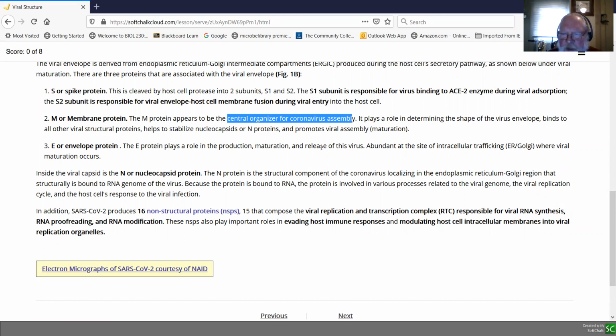And this is especially common where maturation of the virus is going to occur, again, as we'll see when we get to viral maturation shortly. So those are three structural proteins associated with the envelope of the virus: the spike protein, the membrane protein, and the envelope protein. Now the N or nucleocapsid protein forms the viral capsid, and during assembly, these N proteins bind